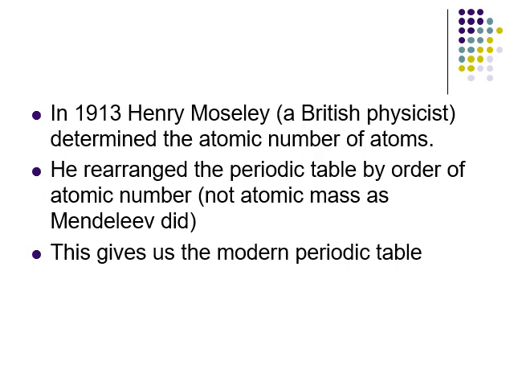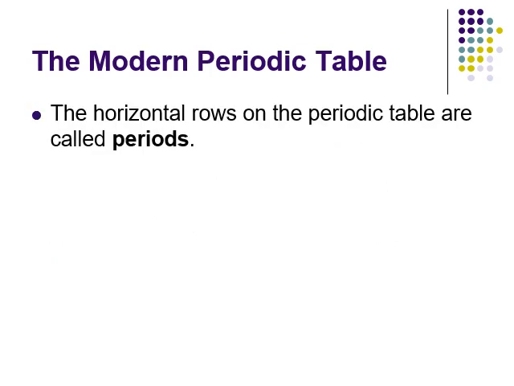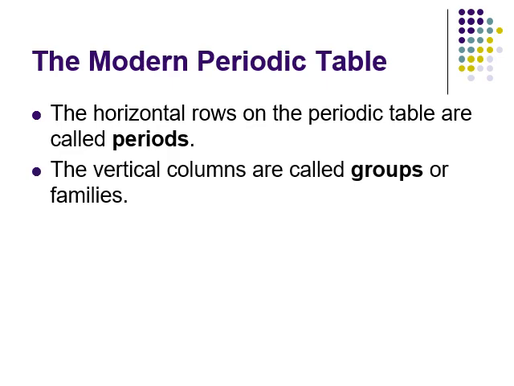So this gives us the modern periodic table. And we tipped it over on its side so that elements that were similar are no longer side by side, left and right with each other, but now elements that are similar are up and down, in vertical columns with each other. So the modern periodic table. The horizontal rows of the periodic table are called periods. There are 7 periods on the periodic table, kind of like the number of periods here at Anacortes High School. A coincidence? Perhaps. The vertical columns are called groups or families.